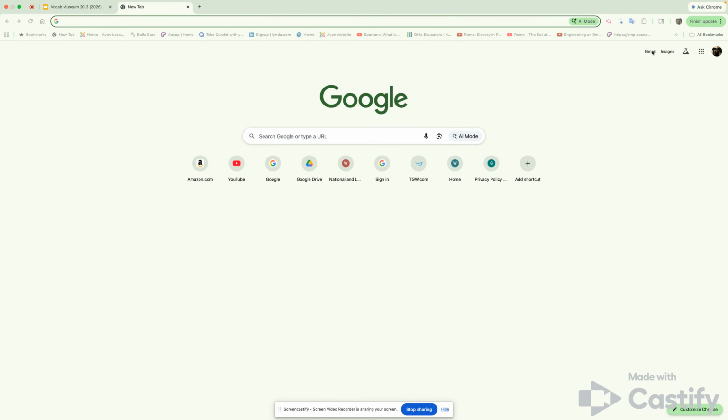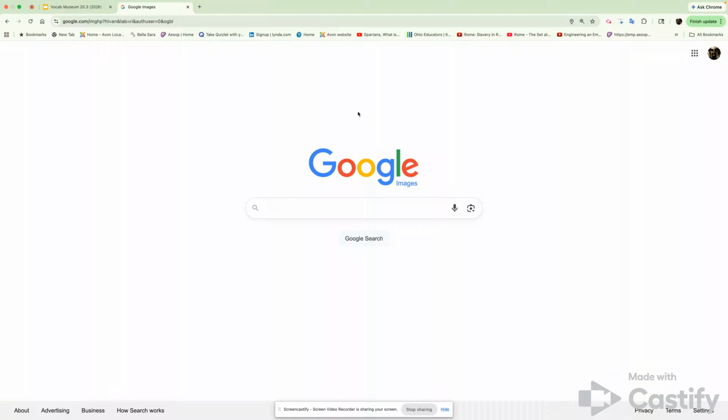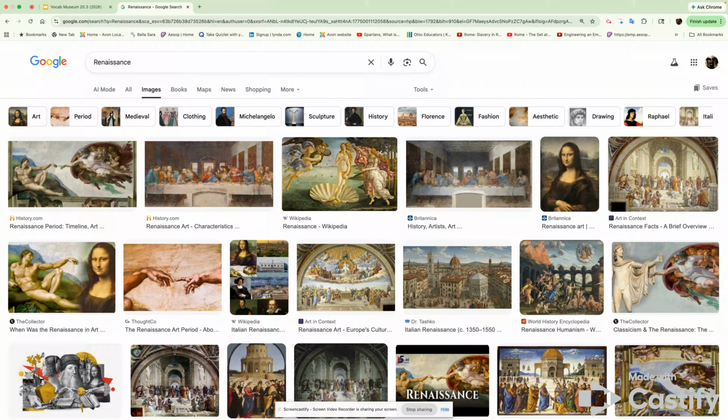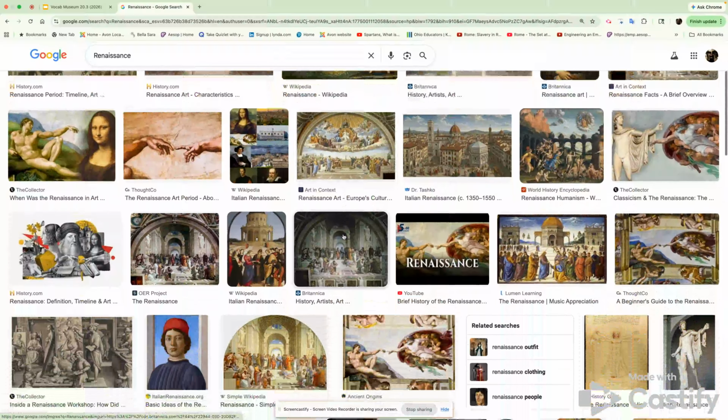added the students' interest in what we were doing, and they seem to actually understand the vocab a little bit better. So where it says Gmail here and it has this little science beaker, we're going to click on images. And images, Google Images are going to come up. And the time period that we're doing right now, if you cannot tell, is the Renaissance time period. And so I'm going to click on Renaissance, and you're going to see that everything comes up from the Renaissance